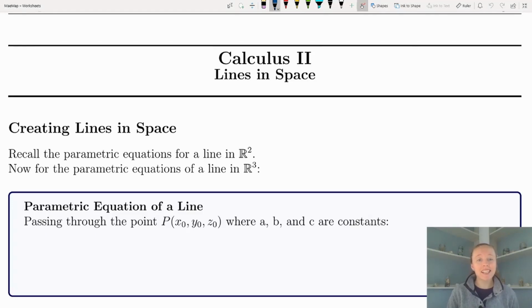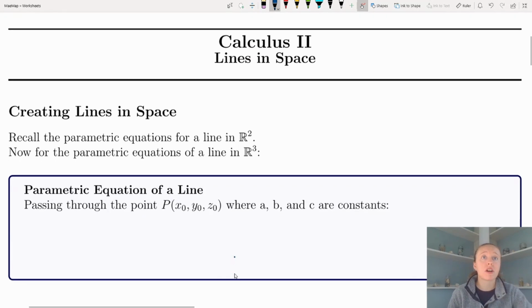Hello everyone! In this video we're going to go over lines in space. So as we jump into this, we're going to go over how exactly to create that line or make it some sort of equation. So let's recall a few example videos ago we talked about parametric equations for a line